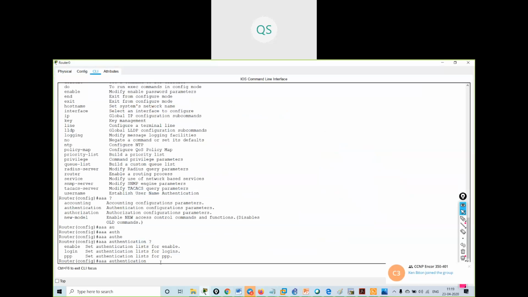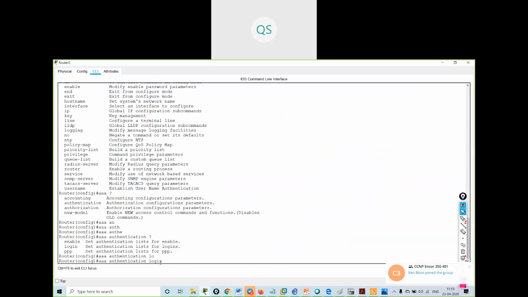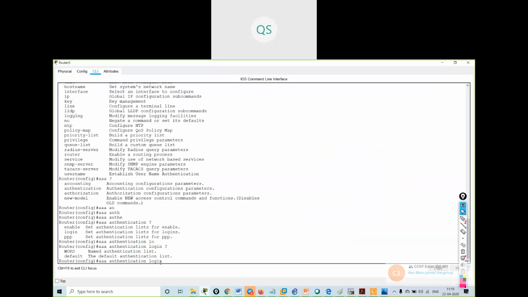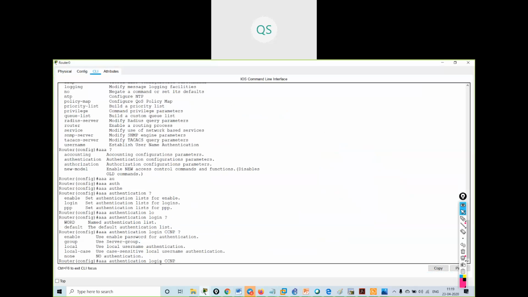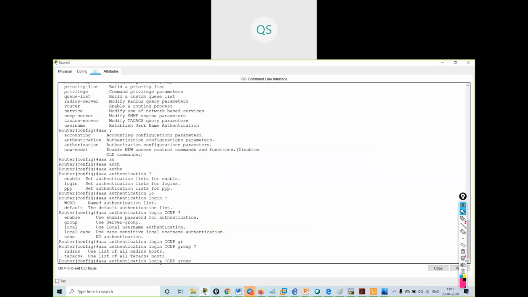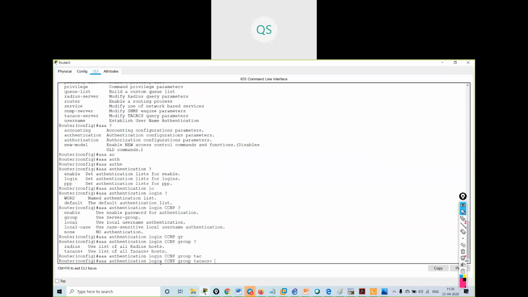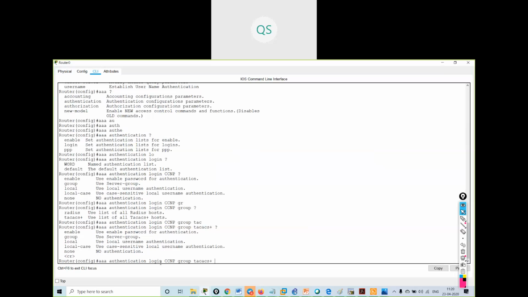So what I will do, I will give authentication login, then the name of the list. Suppose I will give the name as CCNP. Then group, which type of server do you want? I want TACACS Plus. Then secondary server.